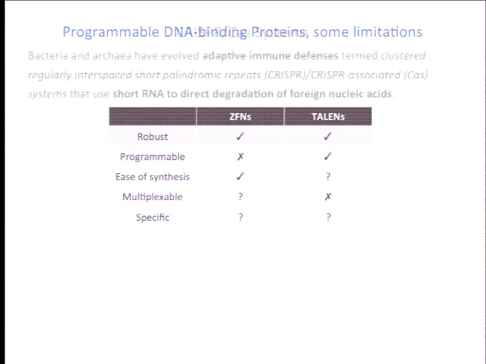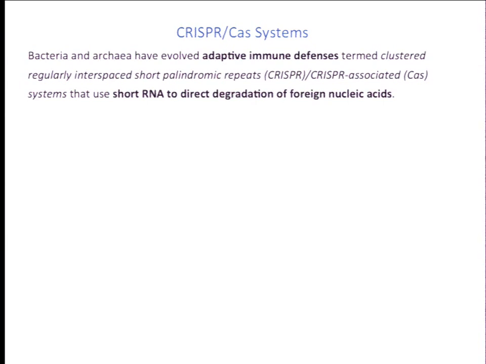But more recently, a new tool set has emerged, which is based on the bacterial CRISPR-Cas systems, or the prokaryotic CRISPR-Cas systems. And these are remarkable systems that serve as the adaptive immune defenses of bacteria that use short RNA to direct degradation of foreign nucleic acids. So they come in various varieties. There is type 1, type 2, and type 3. And for the purpose of this talk, I'll focus on the type 2